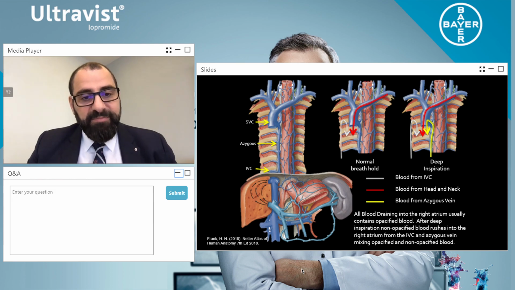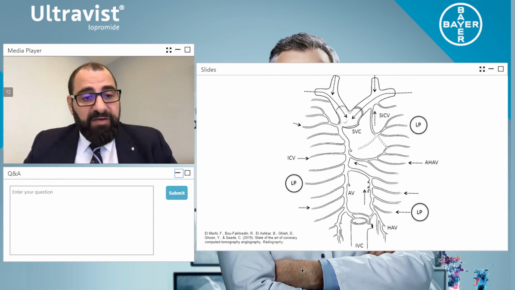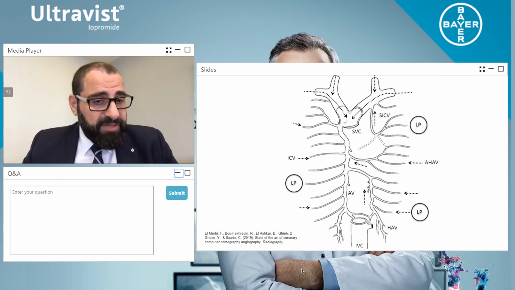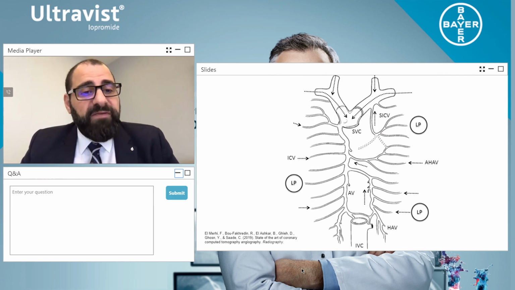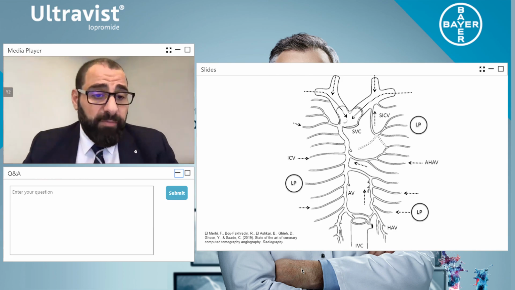Well, I'll tell you in a second, because I want to show you now anatomically what happens even more, because now I want to explain it. So if we have a look here at your image, the superior vena cava is receiving blood from the right and left brachiocephalic vein going to the superior vena cava. It then will flow into the right atrium. Now, you know that the intrathoracic veins, they're at a low blood pressure, okay? And then your azygos vein is also at low blood pressure. So everything at low pressure is moving in very slowly. So the contrast coming in can do it perfectly.